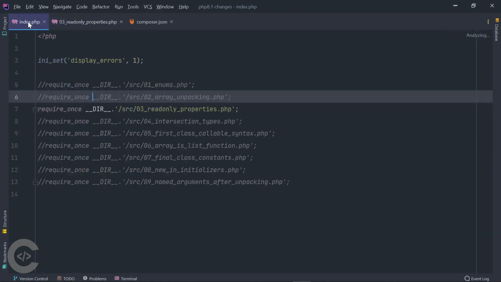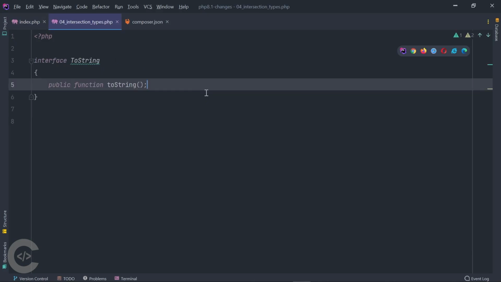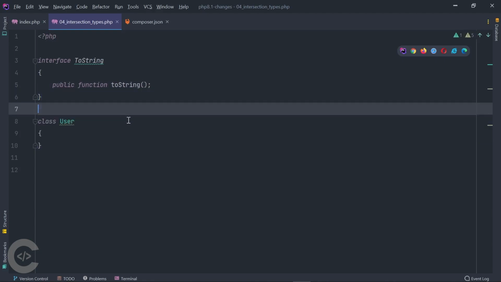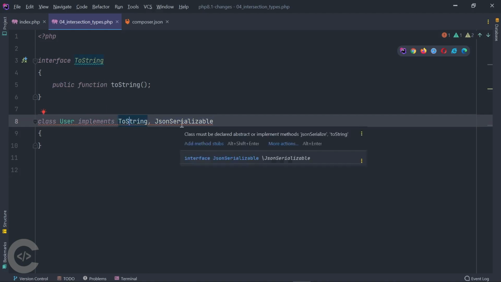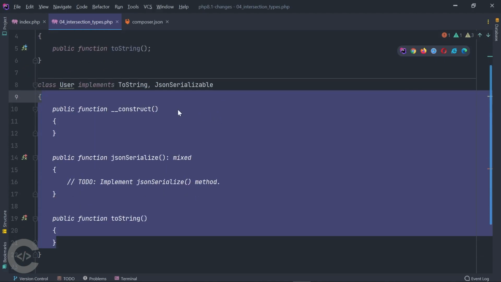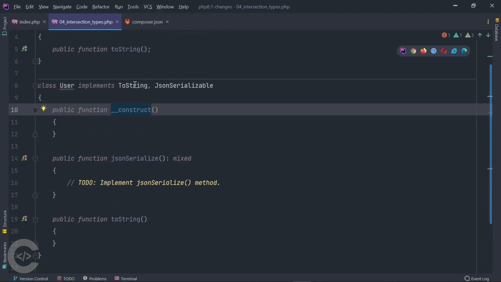All right, let's move on to the next new feature, which is called intersection types. All right, right here I have a simple interface toString, which has a public method toString as well. Now I'm going to create a class user, and I'm going to implement the user from toString as well as JSON serializable interfaces. Okay, then I'm going to actually implement the methods right here, all these methods which are necessary